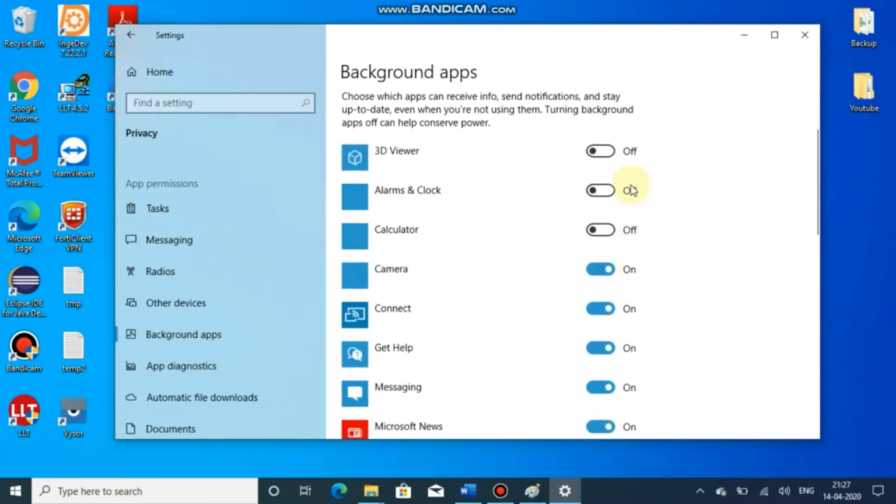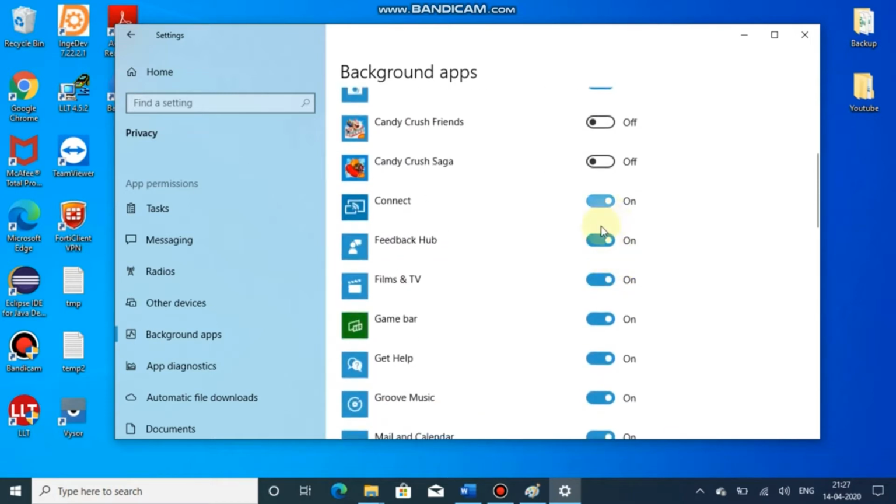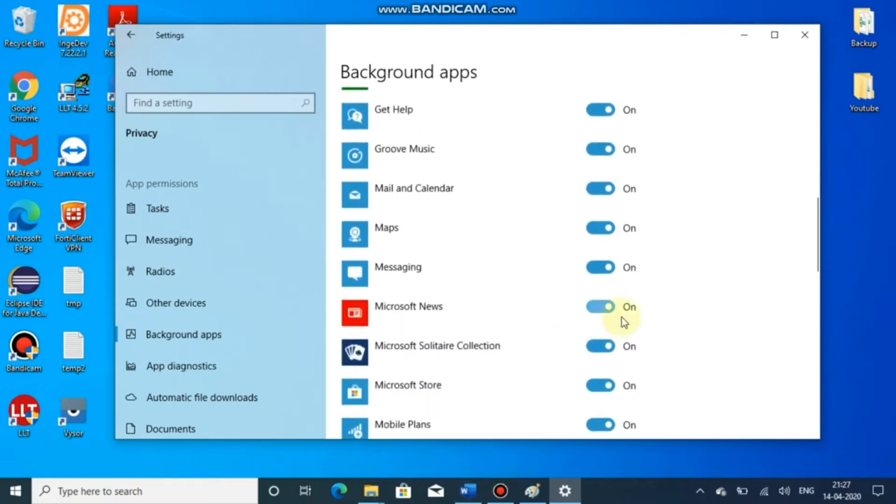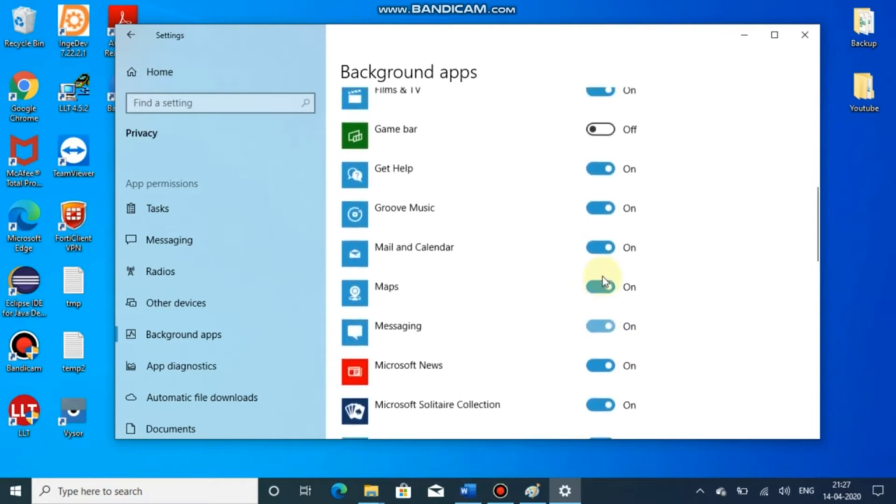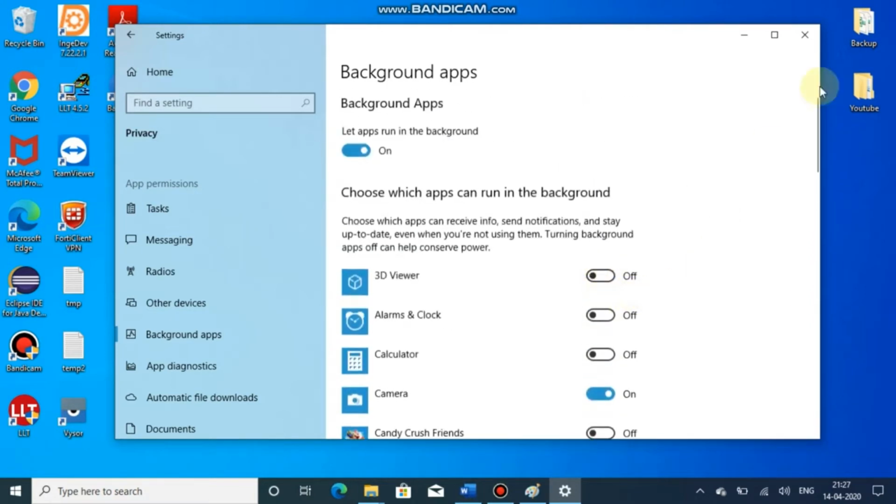It will display what background applications are running in the PC. You can disable them, so it will improve the performance of the PC and also improve the battery backup.